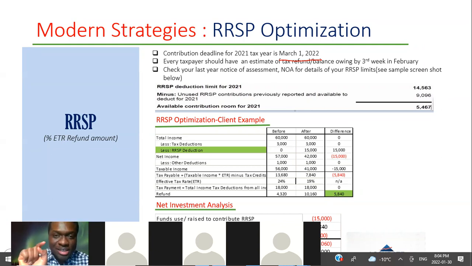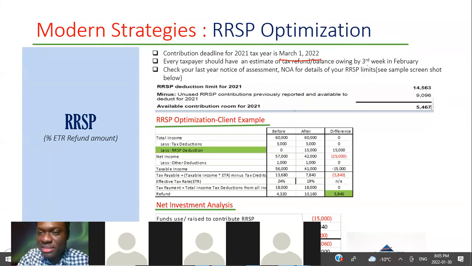So the tax year for RSP starts from February to March. So you can still contribute to RSP in January or in February, even till the 1st of March, and you can still deduct that from your taxable income, your 2021 taxable income. Now, the recommendation is that by